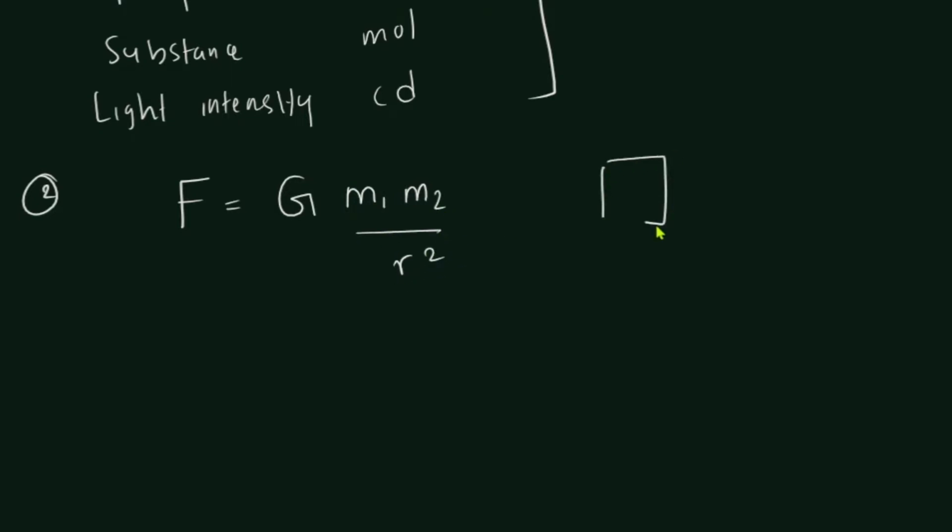If there are two objects of mass m1 and m2, then the gravitational force Fg between them